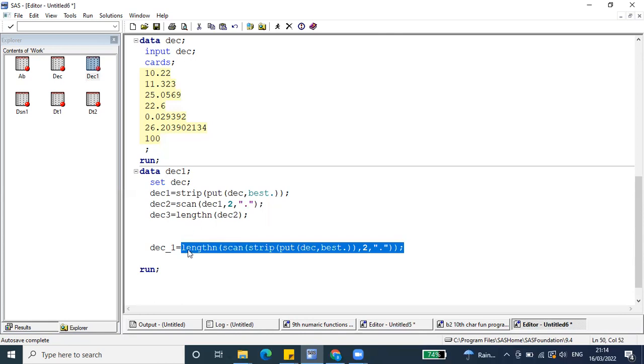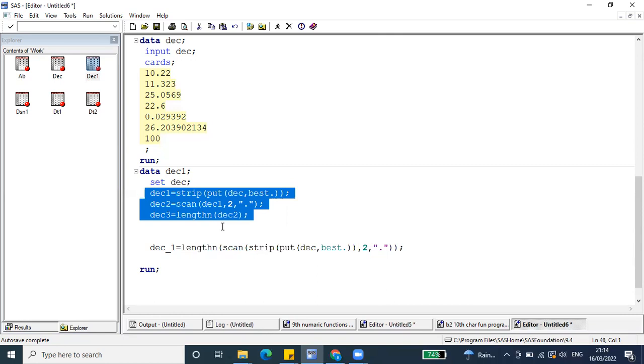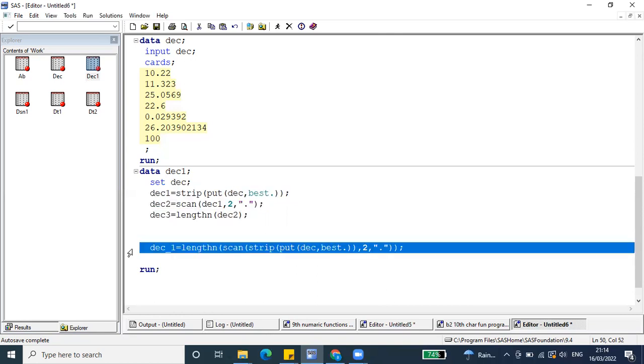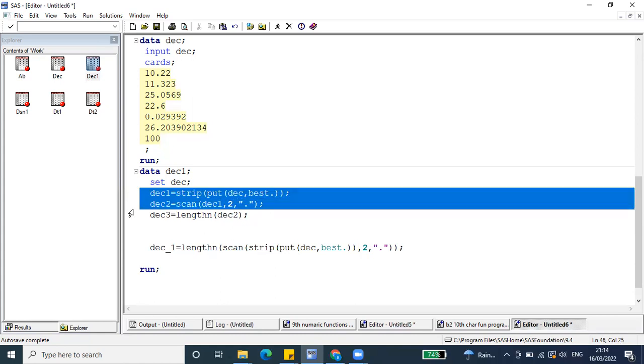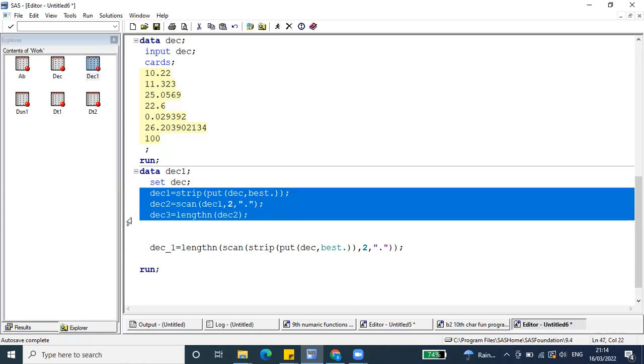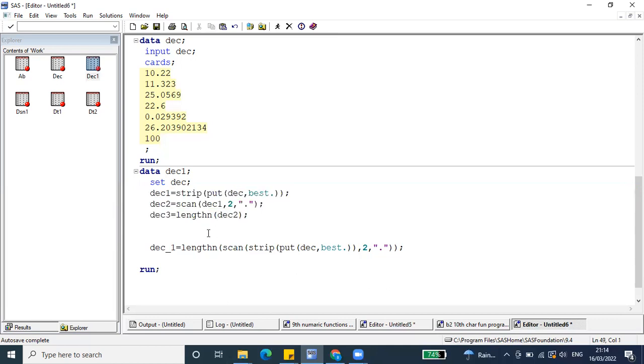Don't start with length directly. First execute each part individually, as we have done, then convert it into this single line. Execute function by function, and then combine them together. It is very easy to understand. Okay, now